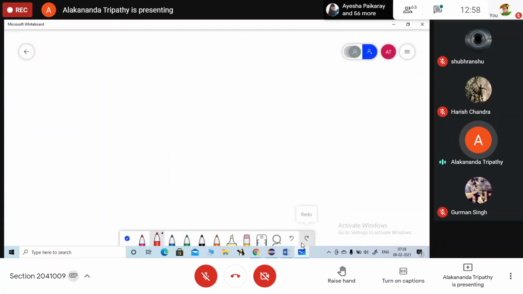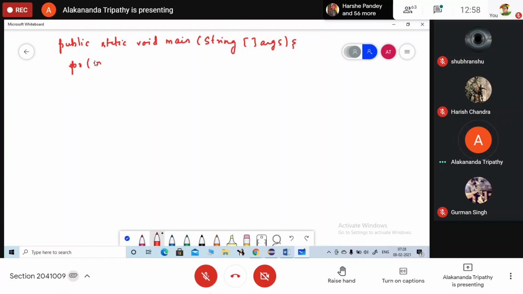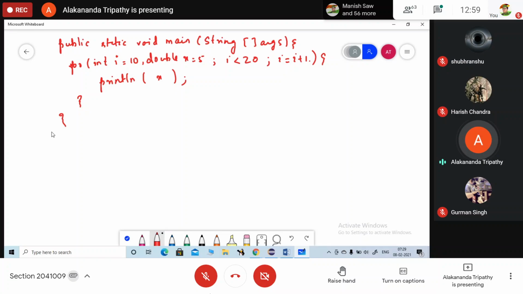Okay, just tell me what will be the output of this question. What will be the output of this code?